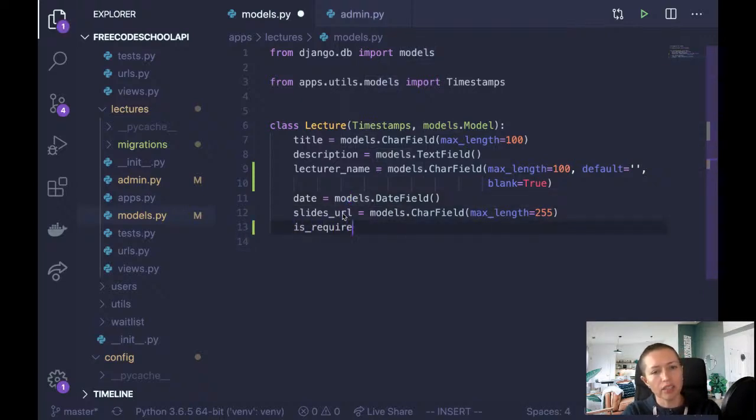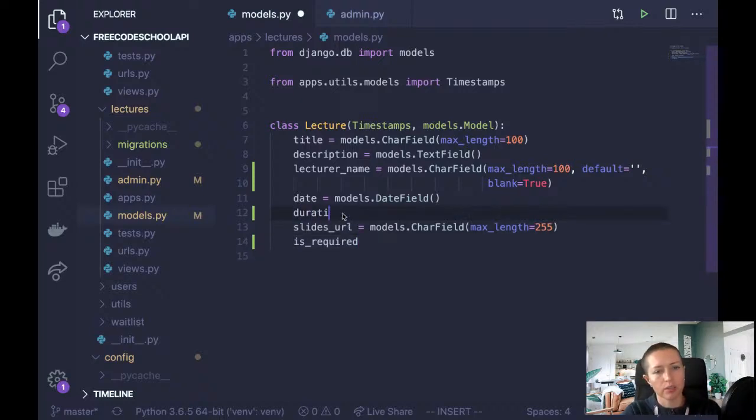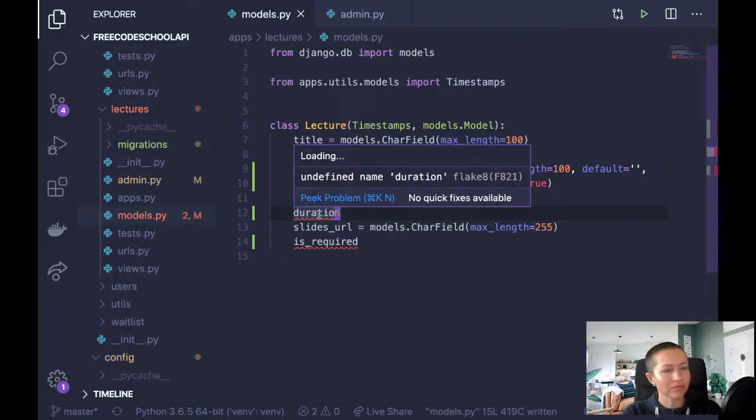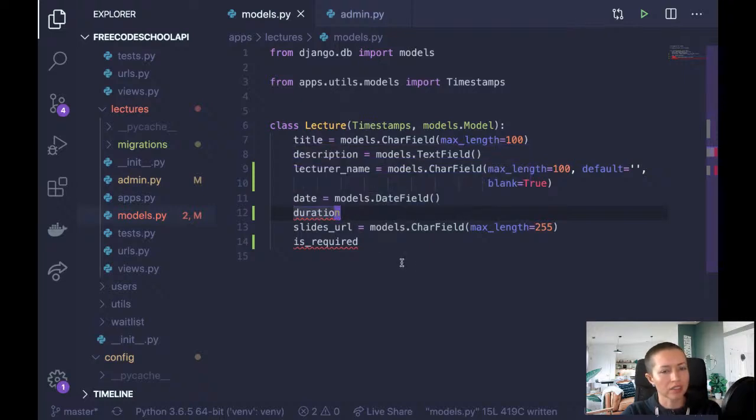like an is_required field. And then here, I guess we would put duration as well. Duration, which would be time in hours. So that would be an integer field. I would set the help text on duration, I guess, to advise people to enter a number of hours. So what do you think about these updates? Is it a required lecture? Or basically, is it part of the curriculum or is it extra? And then the